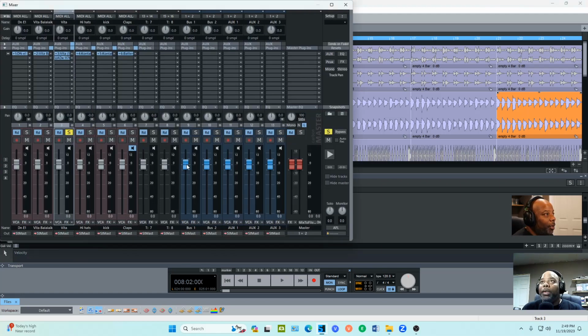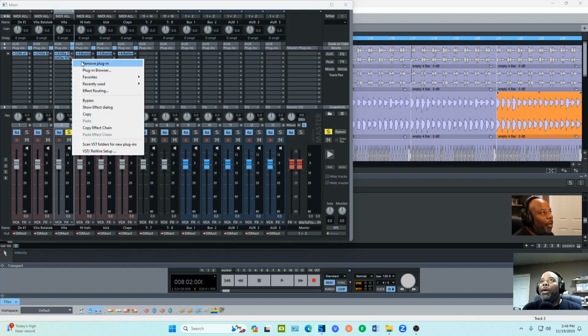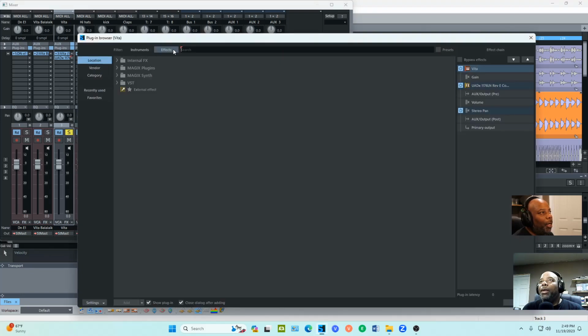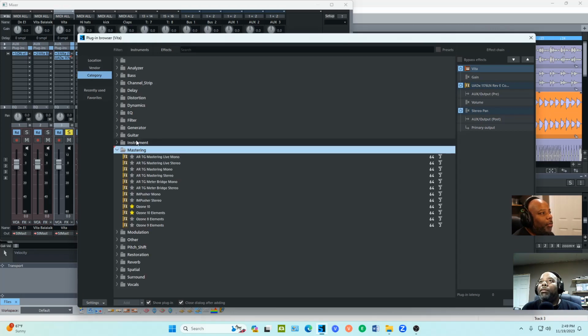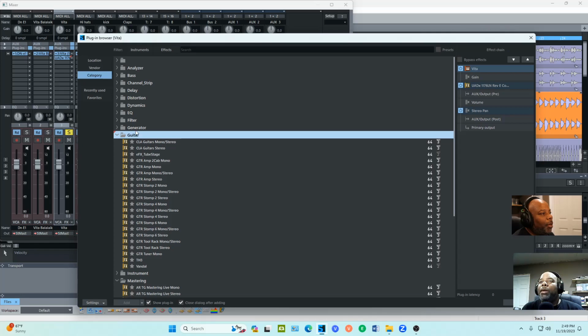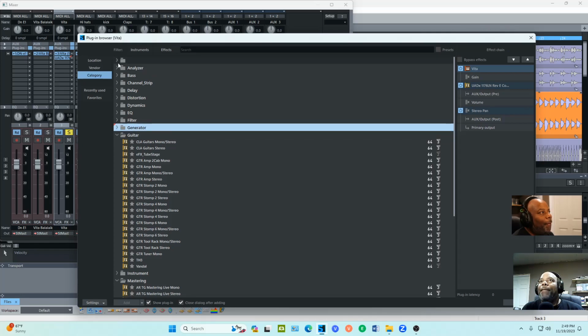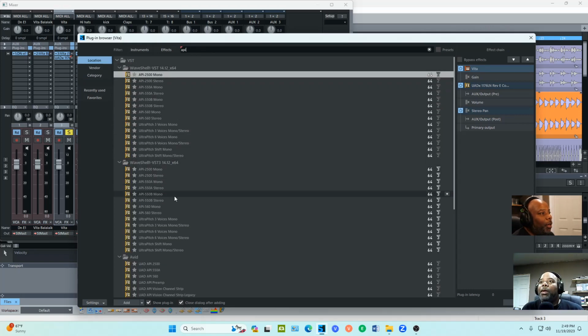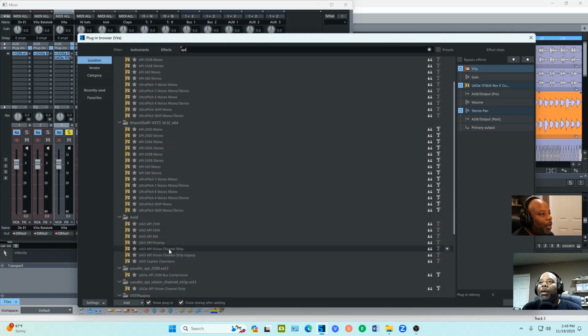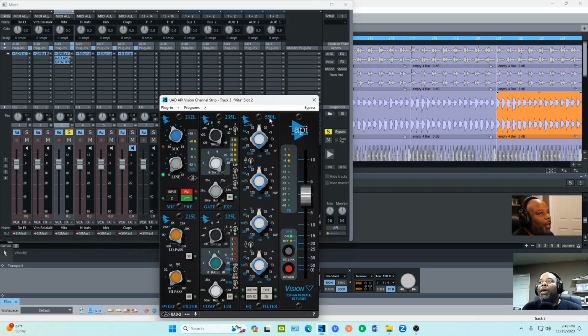So when we go to the mixer, just like FL Studio, we're gonna go to plugin. We're gonna remove that one. And let's go to category. That's the way they was set up on FL Studio. They was through category. Let's go to, which one was you using? API. So let's do location, API channel script, UAD. There we go. UAD, API Vision channel script. Let's go there. Let's solo.